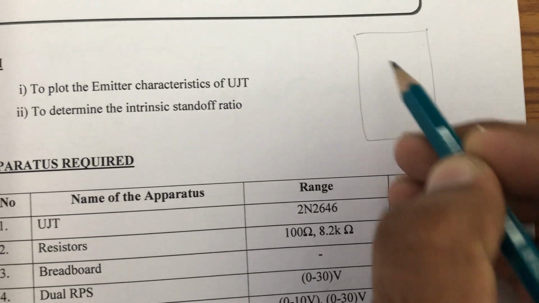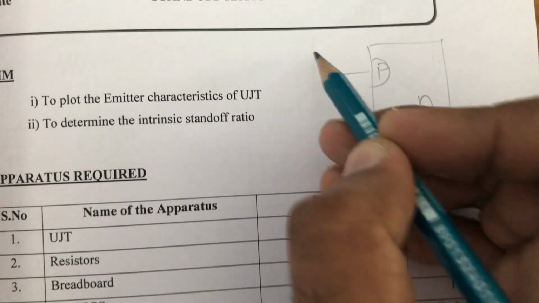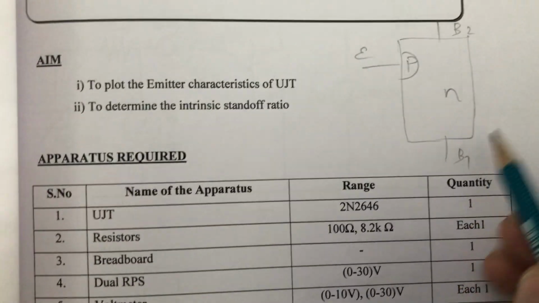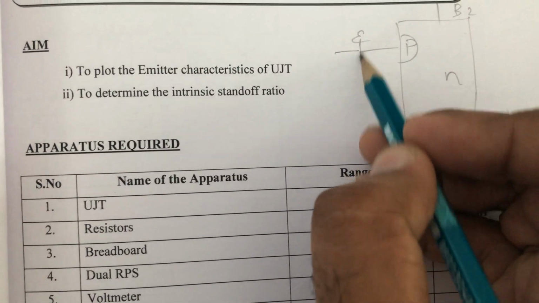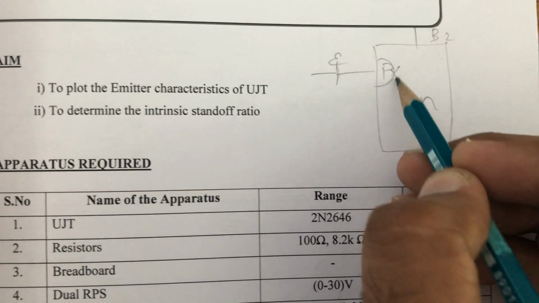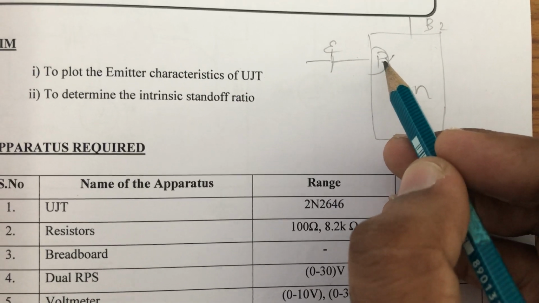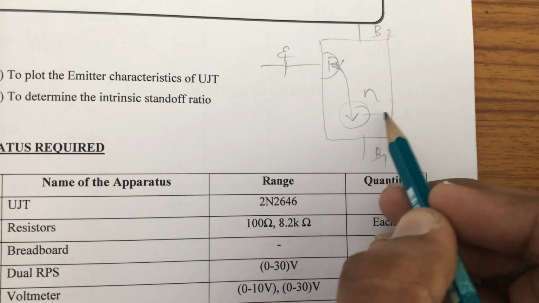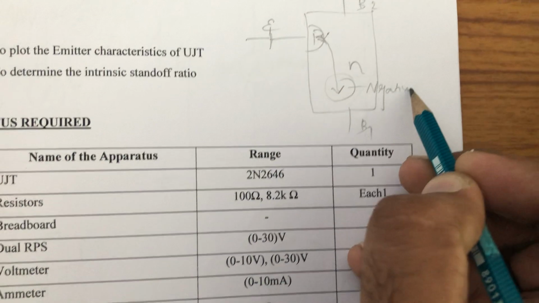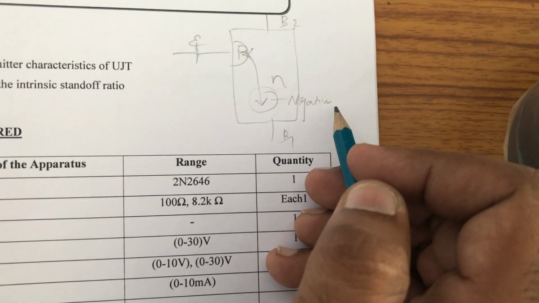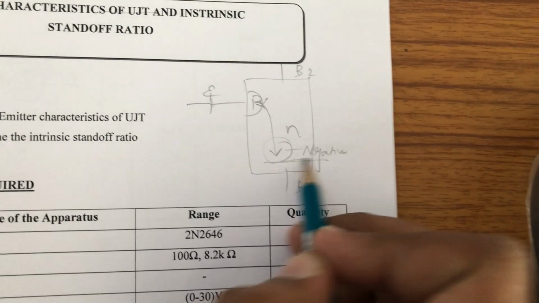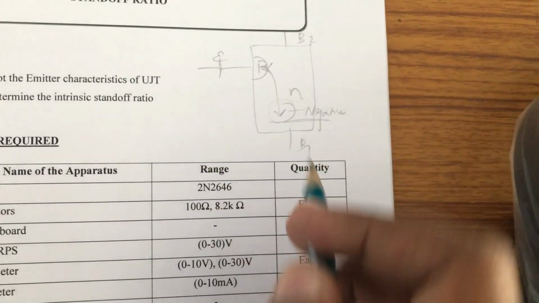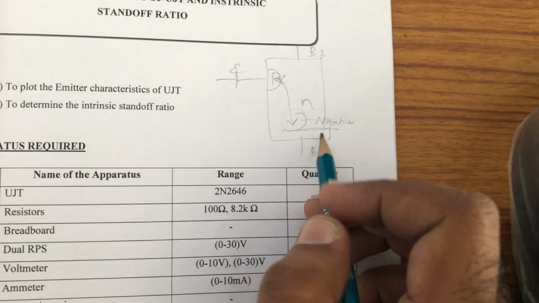It is an N bar, it is a P channel, it is an emitter, and these are the base 2 and base 1 terminals, right? So, when we are giving emitter voltage, what will happen? Breakdown will occur here, and all the holes in the P region will come out and accumulate. So in this region you will get a negative resistance region. Negative resistance region means voltage gets reduced, right? This is the characteristics of UJT. So there is a voltage drop, that is, a negative resistance region will be created in the UJT.